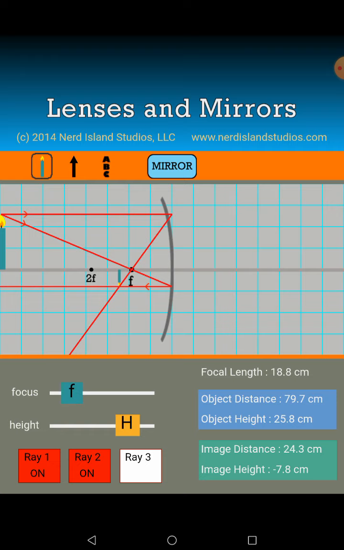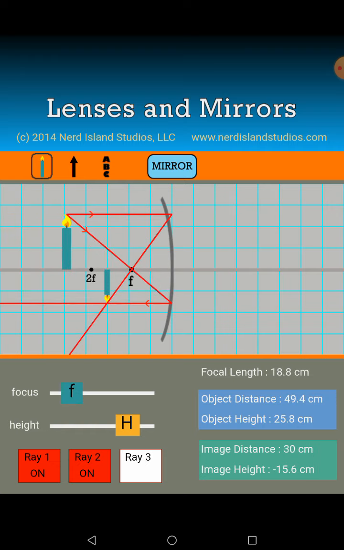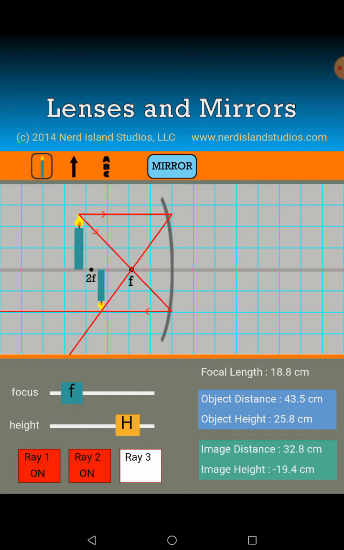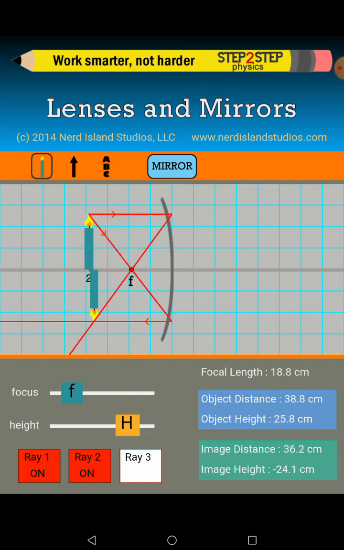Okay, now slowly we will bring the candle close to the mirror, so we can see that the image is also changing. We can see a change in the size of the image also. And when the object is kept exactly at 2f, this is a special case. 2f means that it is the center of curvature. The image is also formed at the same point, and it is below the principal axis, that is, it is real and inverted, and it is of the same size as that of the object.